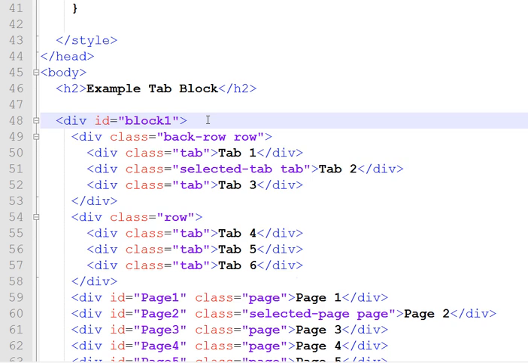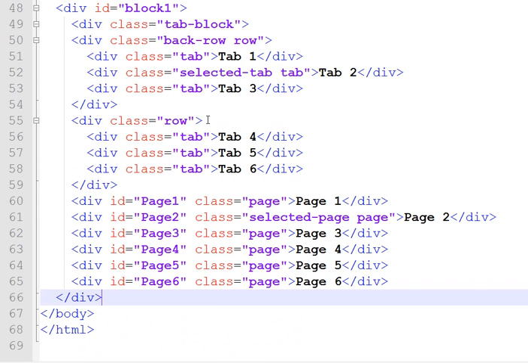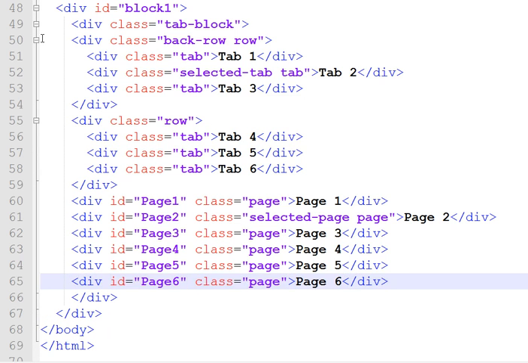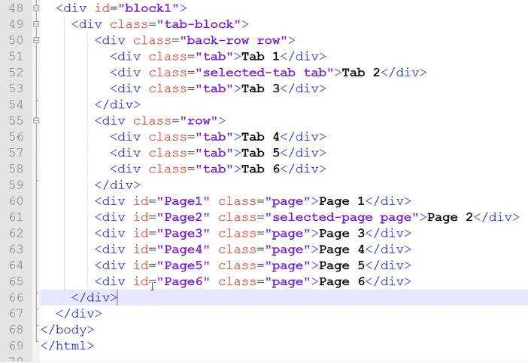To do this, we'll create a general top-level div to contain our tab control, and we'll give it a style of tab block, thus. And then down here, closing tag, and a bit of indentation, and there we are. Now, this new div will be the only child of block 1, as you can see. Block 1 will determine the desired width, and the tab block div will take on that width and supply a